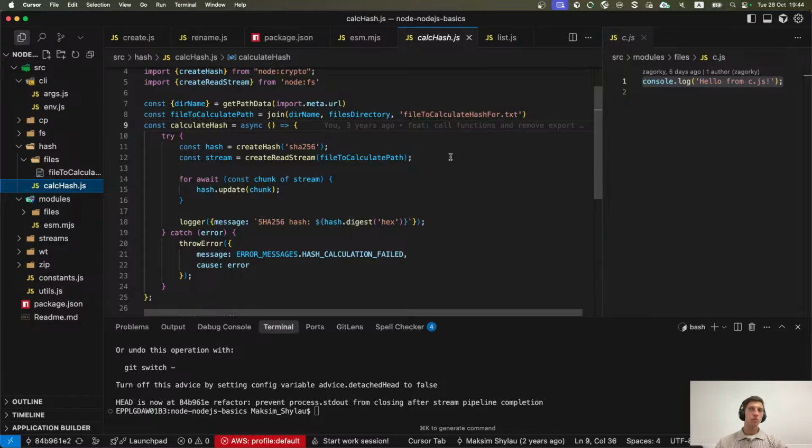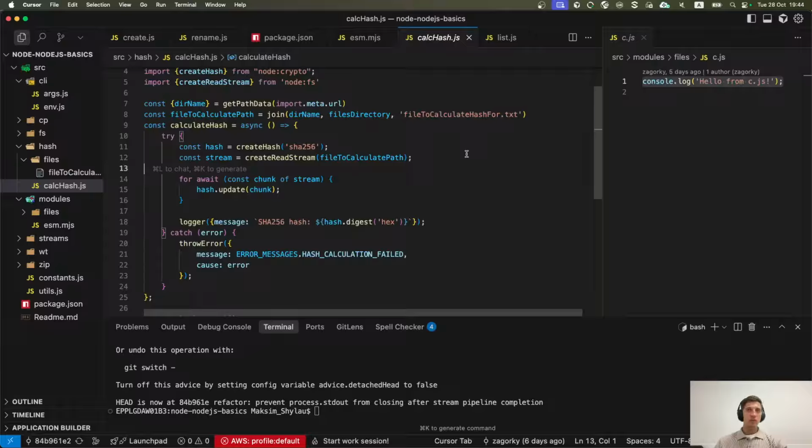So you probably already know why we need it. We often need it to check that the control sum of the file is correct. It means that a file is not broken or changed in some way. So if hashes match, then we can assume that we are working with the exact file we need.